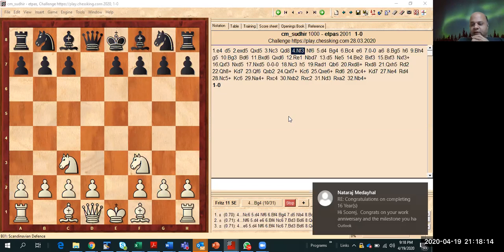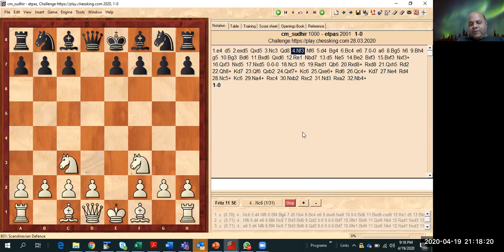Apart from that, the other one I'm using is Fritz. It's a commercial engine from ChessBase. I bought my copy a few years back, and that is what I'm continuing with. But every year they release a new version of that. So we'll see what this means. So let us go to